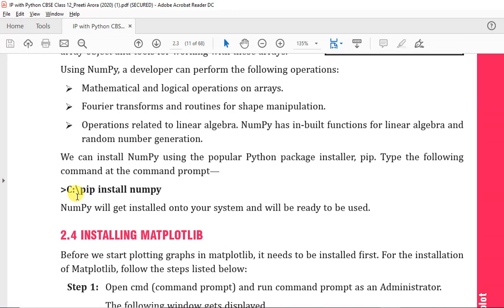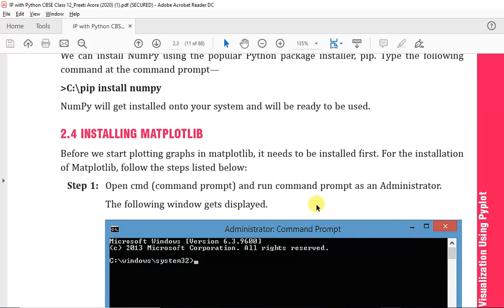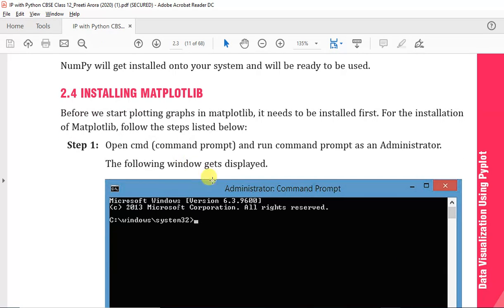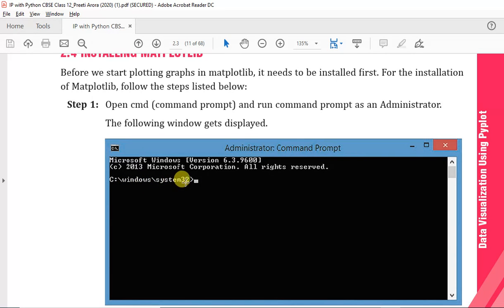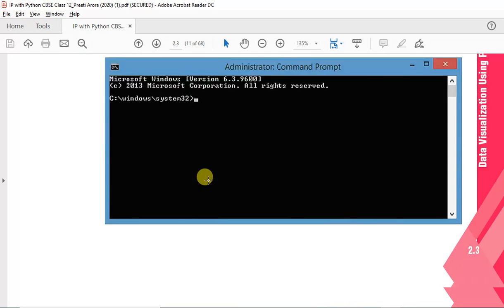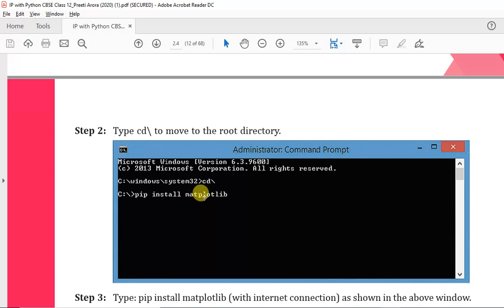We have already covered NumPy, so let's see how to install NumPy and matplotlib. To install NumPy, your computer must first be connected to the internet. Then open command prompt and type the command pip install numpy, and it will install NumPy in your system. Installing matplotlib is the same procedure. Open command prompt, run as administrator, and type pip install matplotlib.